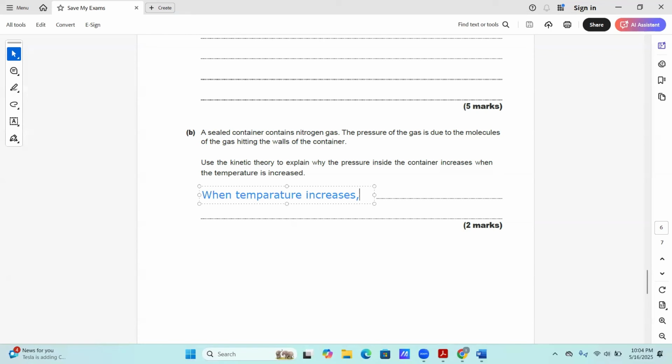thus the nitrogen molecules gain energy. They collide with the walls